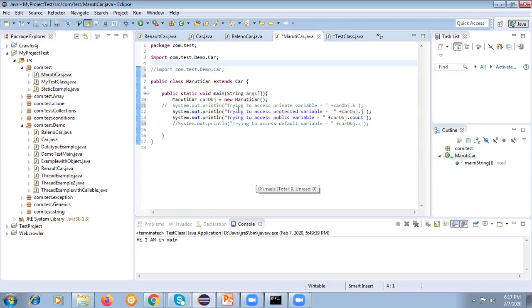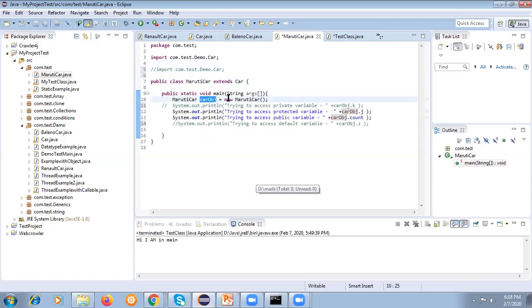Again there is public static void main. In the last sessions I gave the details, it's the main entry point. I have created an object of this Maruti Car. How can I create an object?